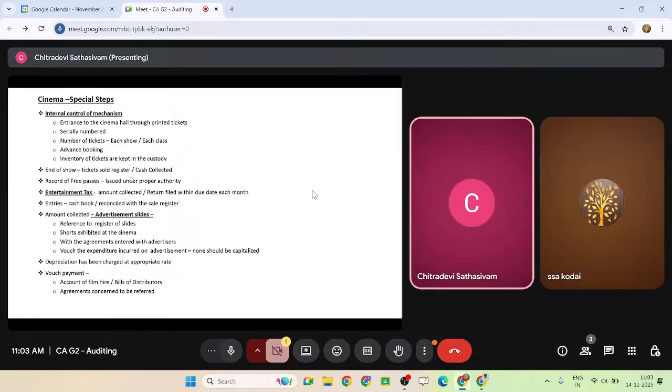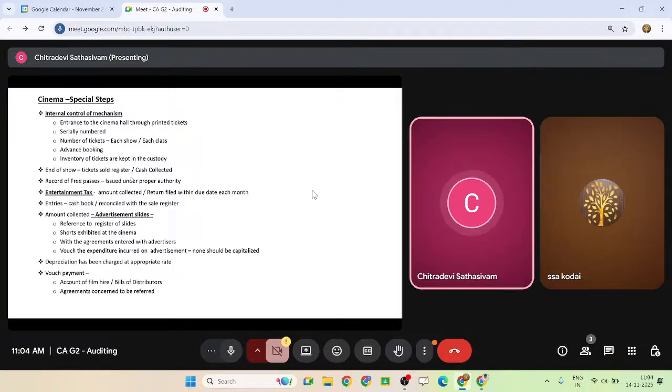So we had the chance to do all these things. At the same time, when we do it as a chartered accountant, how do we do the audit? First of all, you have to understand the business. Then only will you come to know what steps are to be taken during the course of audit. Sale of tickets, whether advance or otherwise, and the other revenue during the interval, the advertisements, are also part of the revenue for the theatre owners.